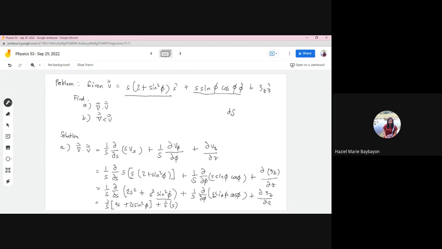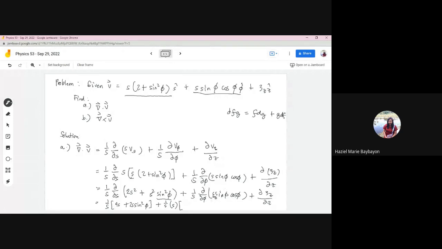Derivative of f times g is equal to df g minus g df. It's f dg. Sakto ba ni class? So it's equal to f dg plus g df. So meaning to say, ang man atong f ani, so pwede kini si sine phi atong f, g is cosine phi, so